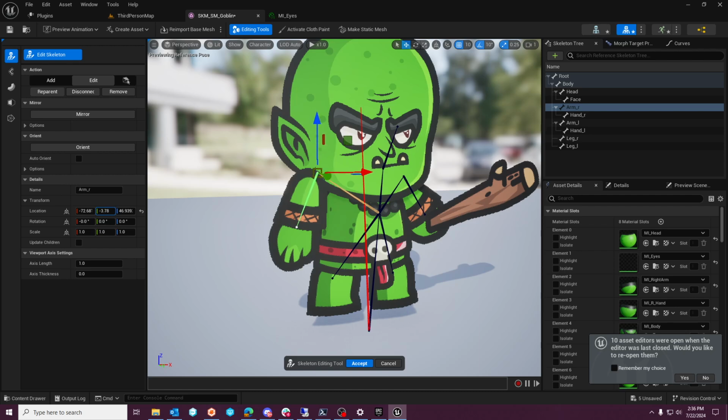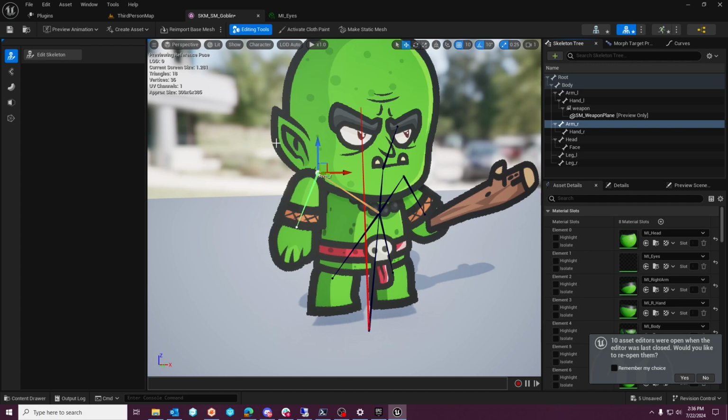When you weight objects to this bone, that bone position being in front or behind the other plane is going to impact that clipping whenever things are animating. I'm going to hit cancel here